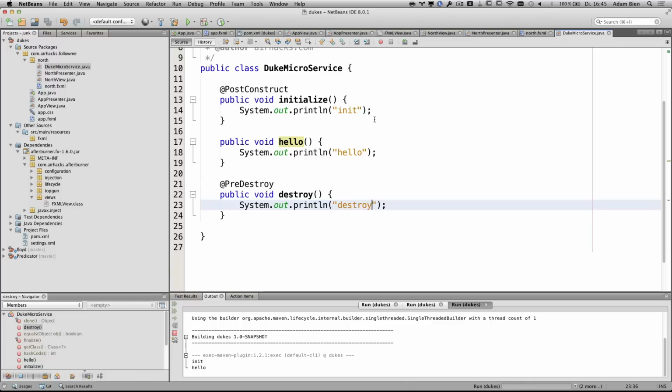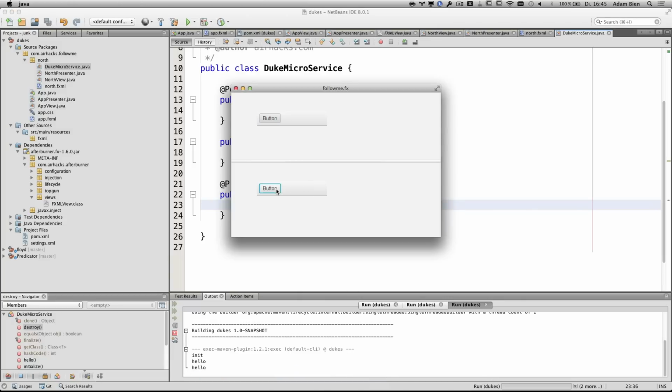You already have two buttons, as you said. You made two instances. Two instances, but one is associated with this and the other is not, because I have two FXML. No, now it's good. Now it's one. You have just one. You have two instances of Northview, which one is actually south, and both are associated with the same DMS? The same DMS, and the presenter should work in both. Yeah, this is exactly the same. Yeah, but init was called only once because the service is shared.